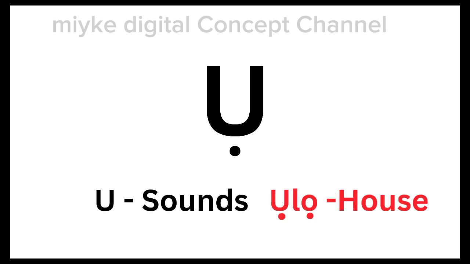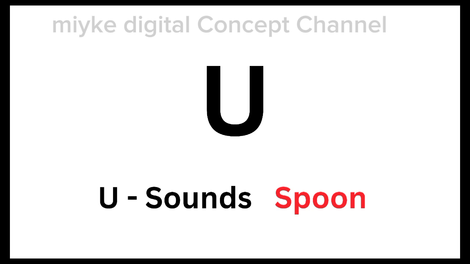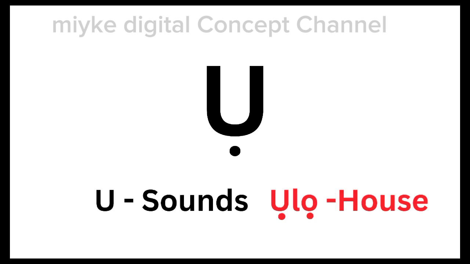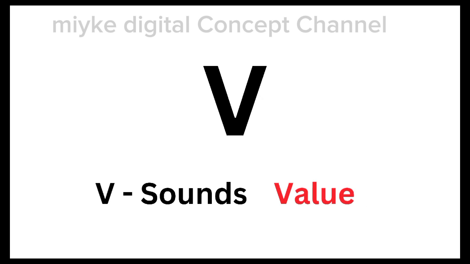O is the second next one. O has a dot in the mouth. This one is O, but this one is O. Ulo, house. The other one is V,